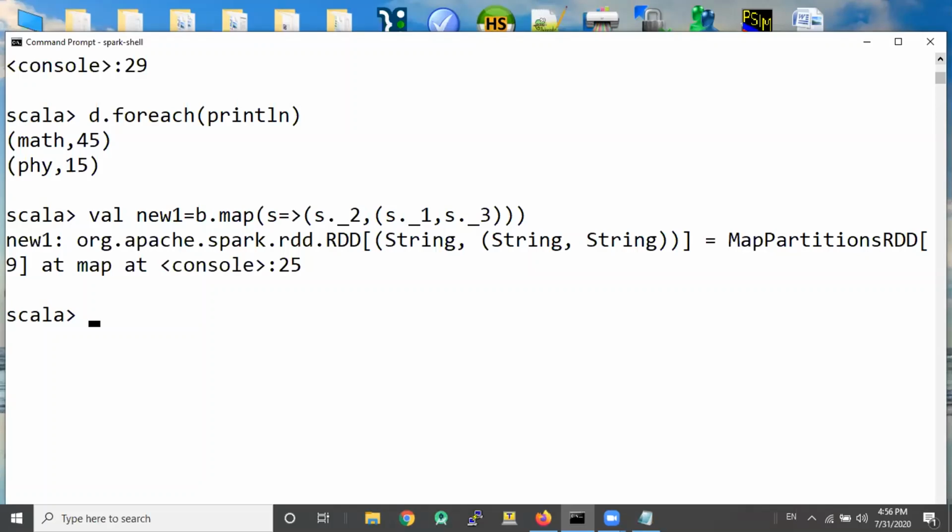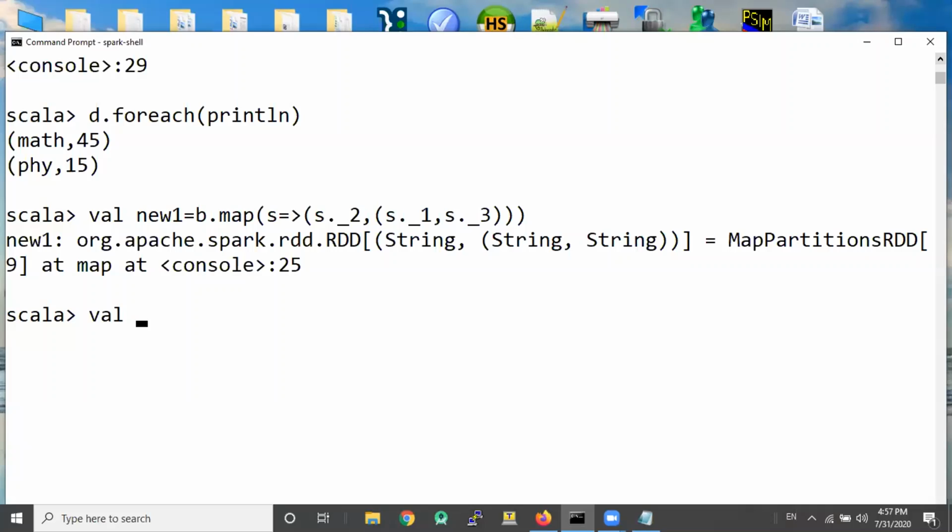Now we have a slightly more complex reduce by key to write. How do we do a reduce by key? So basically, remember another requirement of reduce by key. The function that you give must return the same type of value as the operand. So a comma b gives you a function on a and b. So the value of the function should be of the same type as a or b, and a and b must be of the same type. So here what do we have as the value? A tuple of string. So your operation must also return a tuple of string. Okay, so let's try it now.